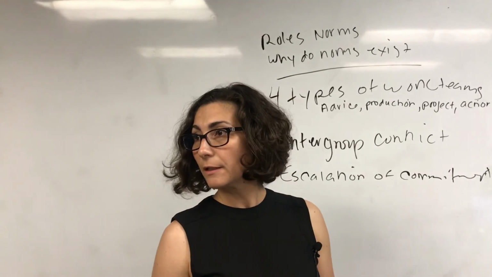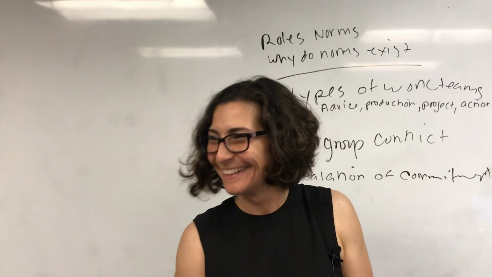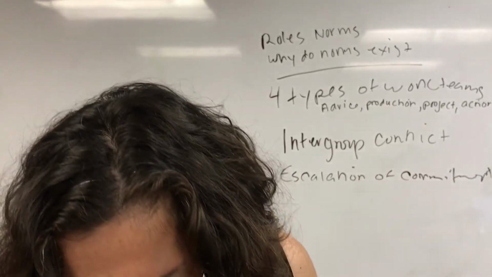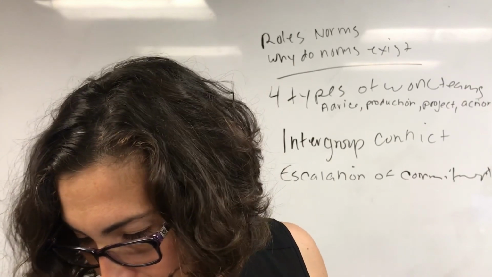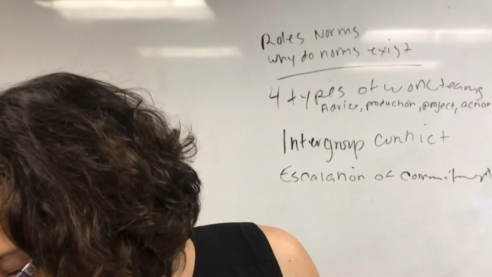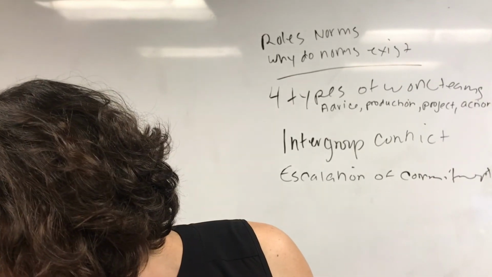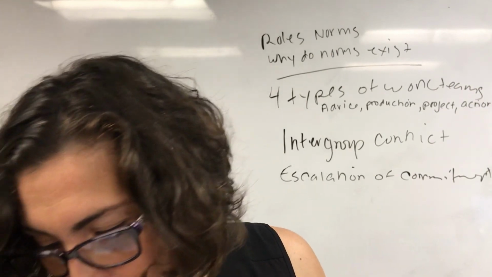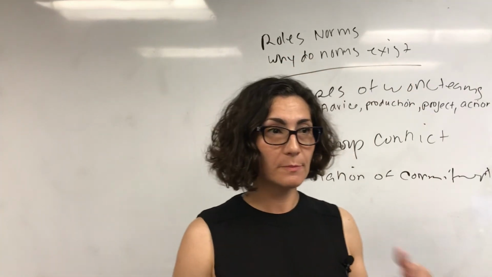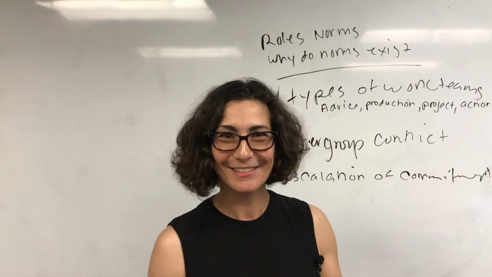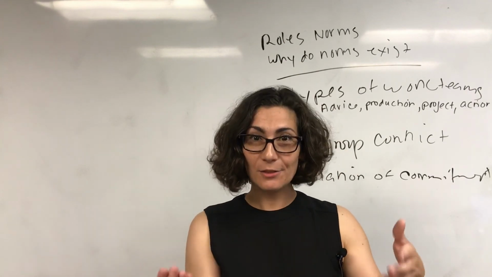I think that's all we need to cover right now. I kind of drift. But page 376 of your textbook is where the recommended actions are to reduce intergroup conflict. And then for roles in your book, it's on page 279. And then the fun activity that we're going to do for norms in class is the Dalai Lama's personality test. So if you are not in class, you're not going to do it. But if you're watching this and you want to do it, that's what we're going to do.